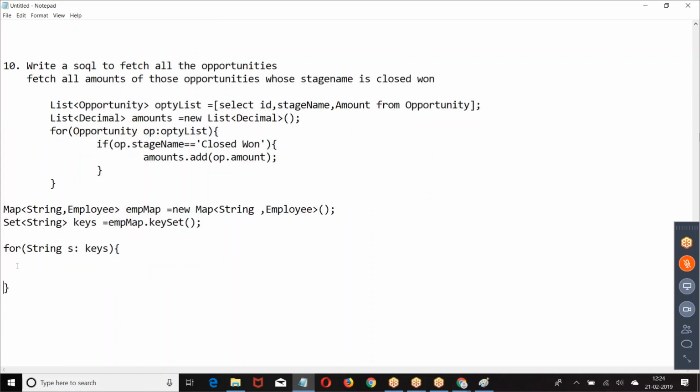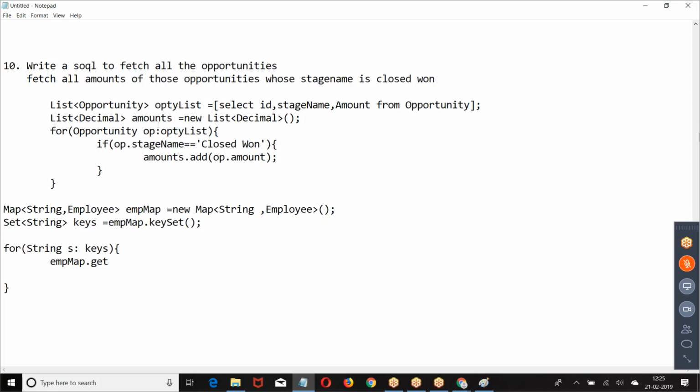Now, if you know the key, how do you get the value on the map? Inside the for loop, how are we taking that string key? If it is a loop of set of string, how do you refer to one by one element? If it is a loop of accounts, how do you take one by one element?